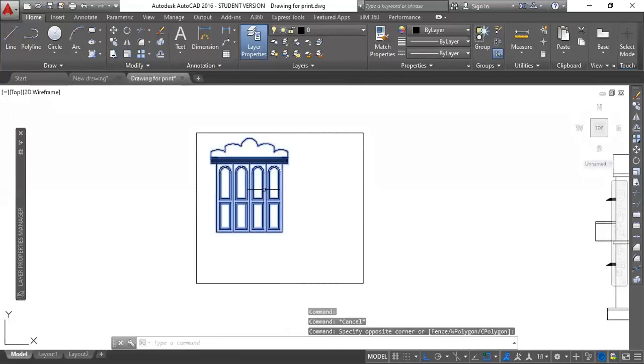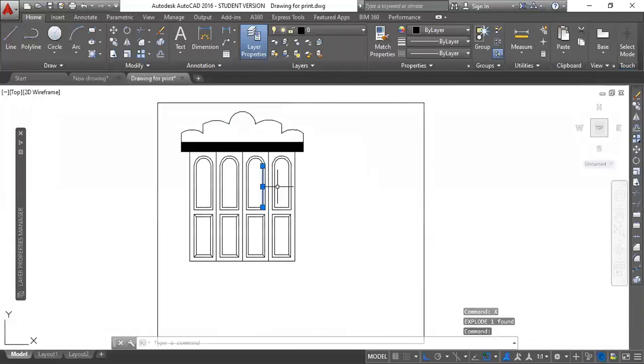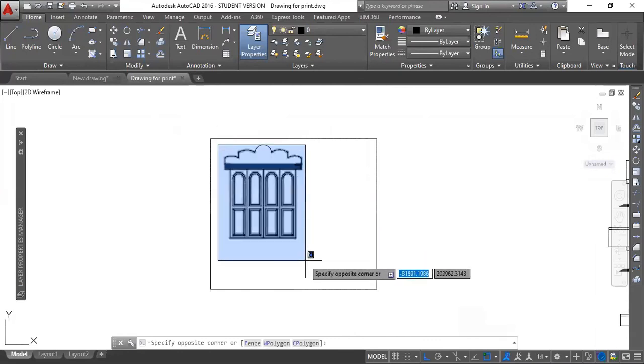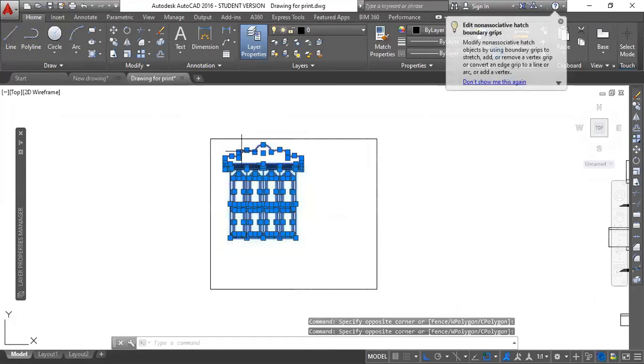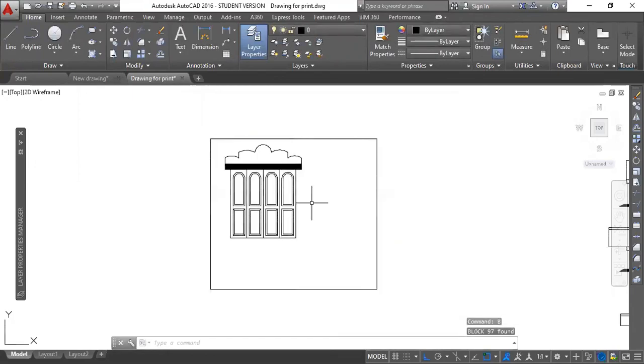And always, if you are downloading any kind of template, maybe the template is not in block format, meaning each of these elements is separate, like this is a separate element, separate element. Before importing that template into your drawing, make them a block. Just select them and hit B, enter. You need to provide a name to that block. Let's say I'm writing Himanish. Now it has been converted into a block.